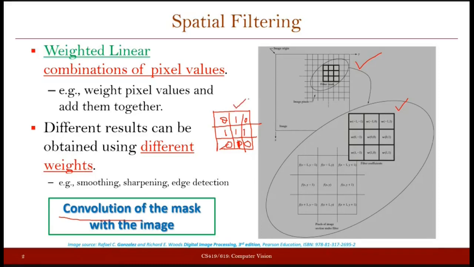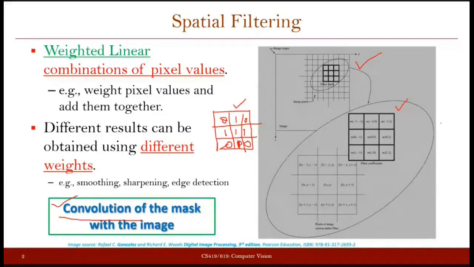So if the filter with which you are operating is symmetric, then whether you say you are performing correlation or you say you are performing convolution, it is going to be the same. Okay. Now, since convolution has certain advantages over the correlation when we are doing this kind of operation, normally when we filter any given image with the help of a given filter or a weight matrix, we don't say that the image is being correlated with the given filter. We say that the image is being convolved by the given filter.